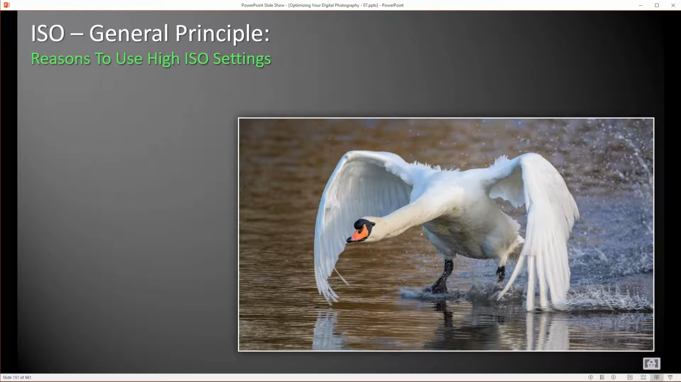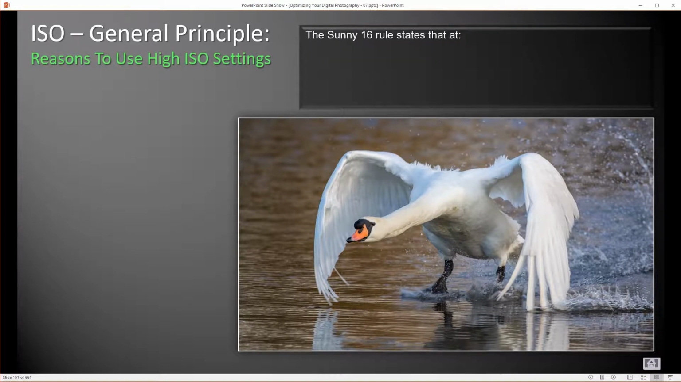So, reasons to use high ISO settings. Now, if you recall back to the olden days when we used to have film and no exposure meters, we had a thing called the Sunny 16 rule. It stated that if you use a 100 ISO film or digital sensor set to 100 ISO, a shutter speed of 1/100th, or the closest match, 1/125th, and an aperture of f16, hence the Sunny 16 rule,